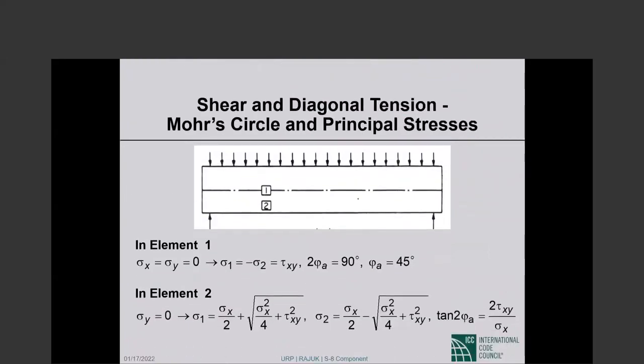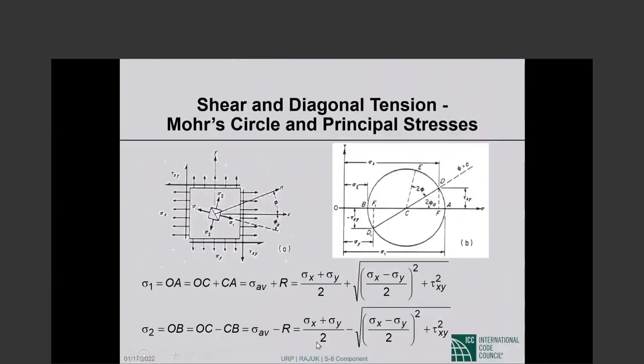Okay, so now we are back to a beam under uniform load, simply supported. We have taken an element 1 at the neutral axis. We have taken an element 2 that is basically at the bottom of the beam. On element 1, sigma x and sigma y are equal to 0 because it is at the neutral axis. So if sigma x and sigma y are 0, then sigma 1 and sigma 2, by the expressions we derived,